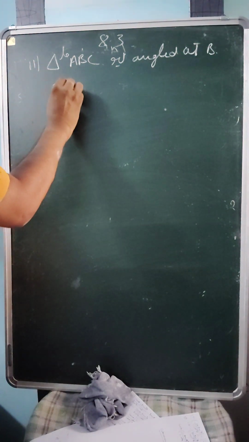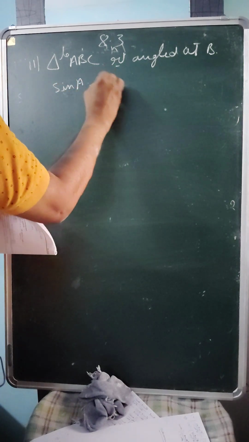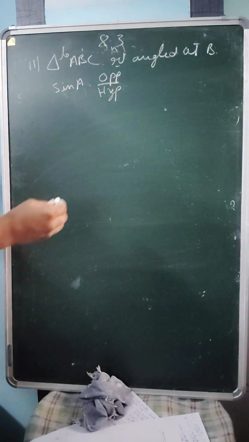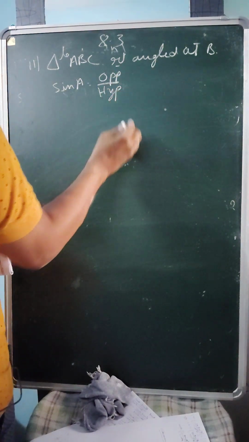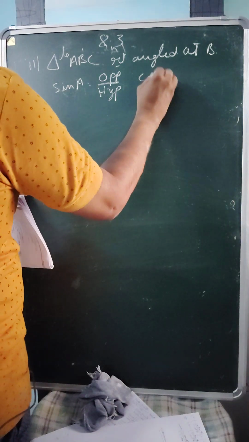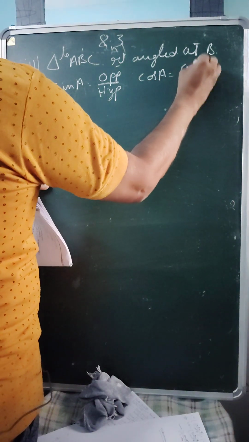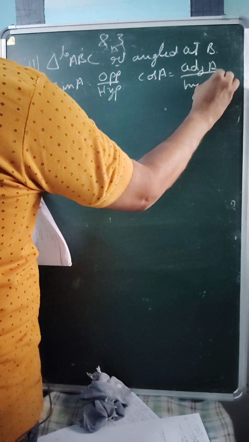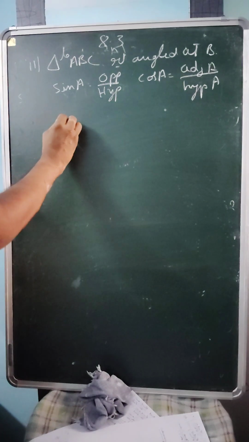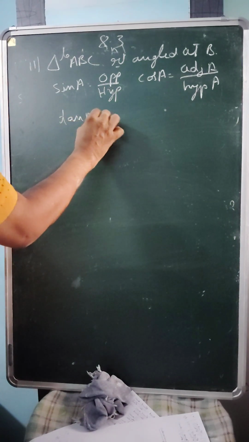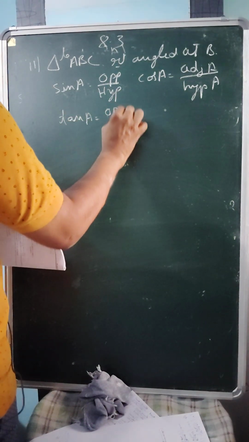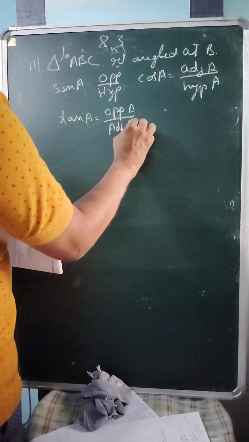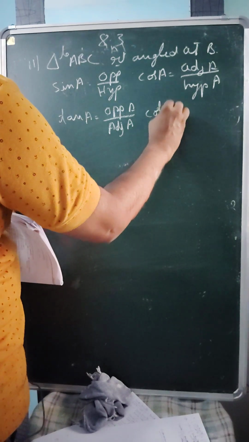sin A is equal to opposite by hypotenuse, opposite to angle A divided by hypotenuse to the angle A. Cos A is adjacent to the angle A divided by hypotenuse to the angle A. Then tan A is equal to opposite to the angle A divided by adjacent to the angle A. Cot A is equal to